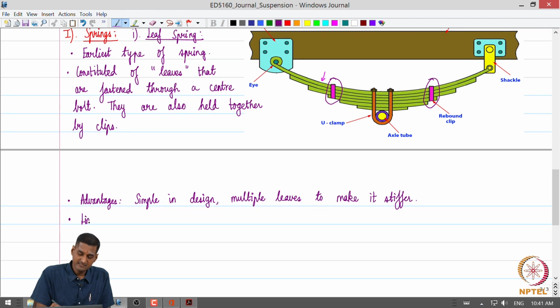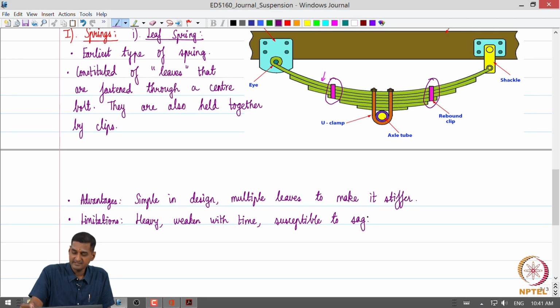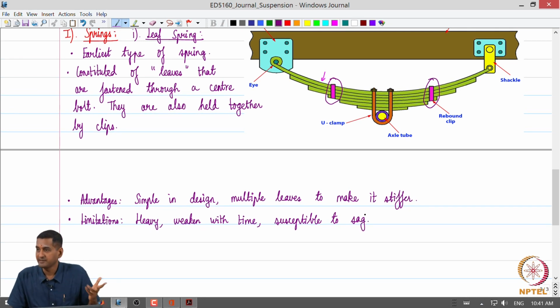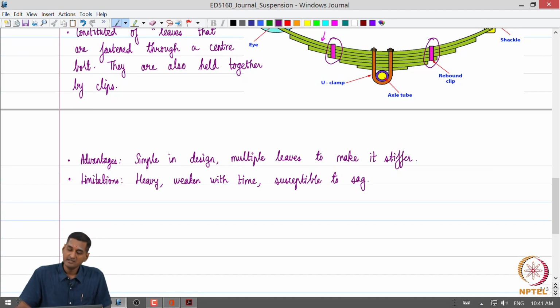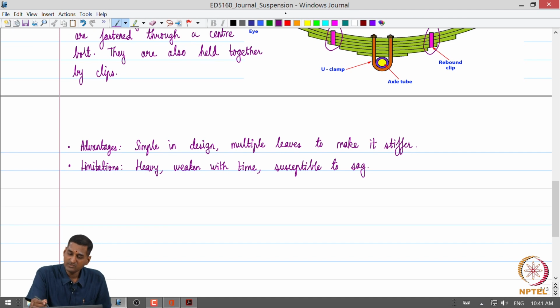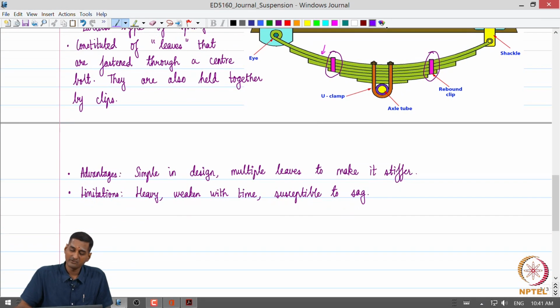But there are some limitations. Limitations are that they are heavy, they can weaken with time, and due to the mass, they are susceptible to sag. Okay. So, the effectiveness of the leaf spring goes down with time. Okay. So, that is a limitation of leaf springs. Okay. So, this is one common type of springs which have been around for a long time and still quite